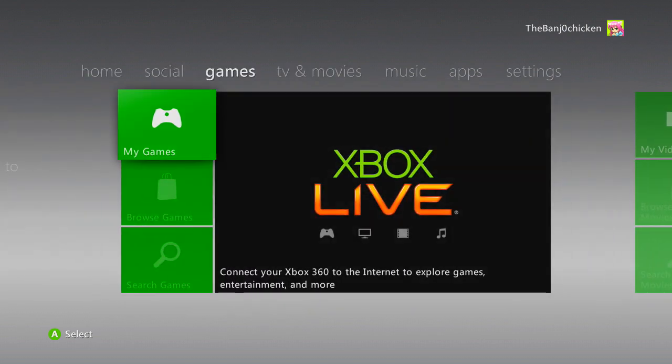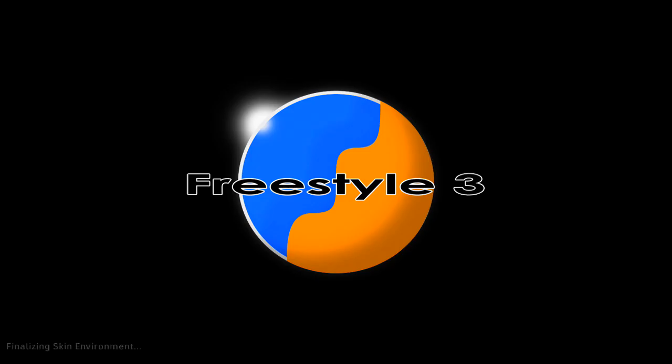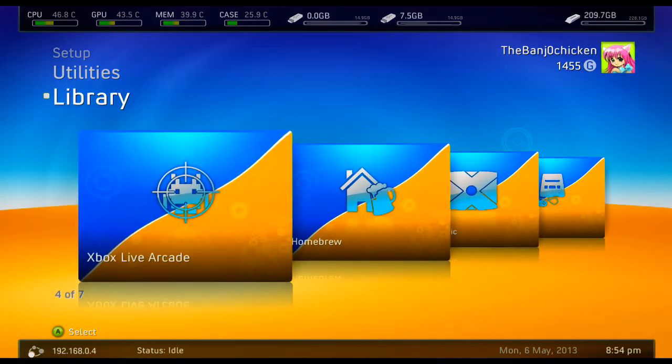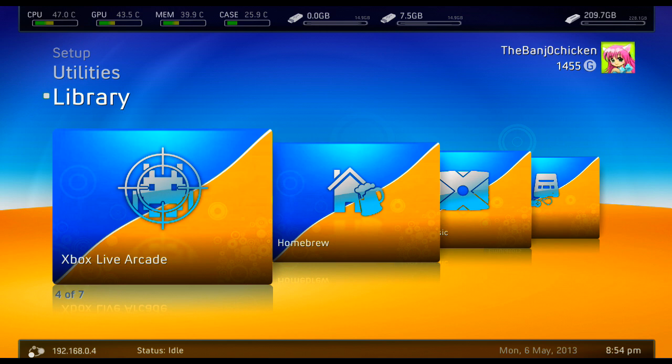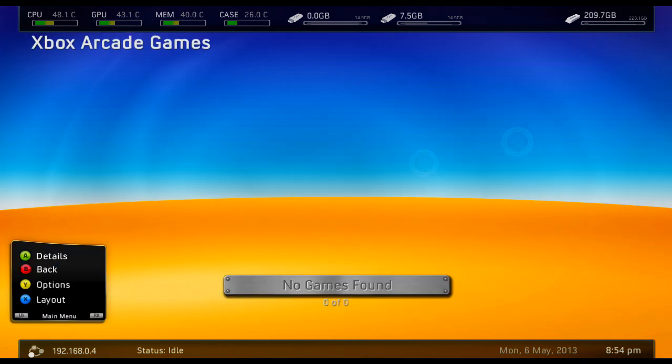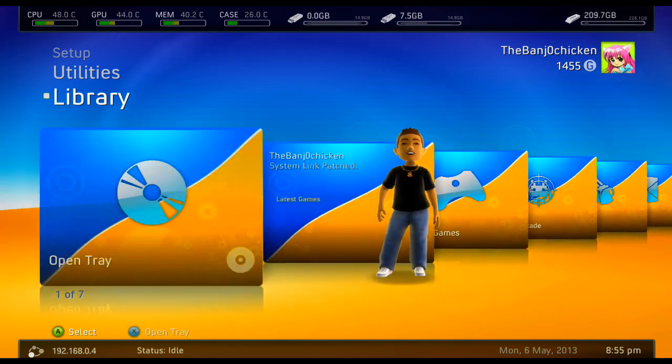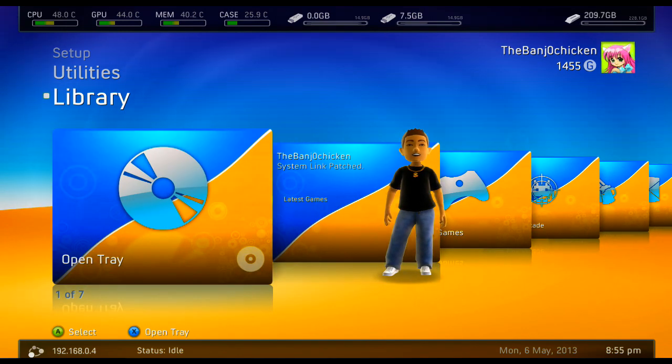We have to go back to the normal dashboard. So I'm going to show you how to get it so that you can launch it within Freestyle Dash, because if you've been following Jtag tutorials since episode 3, you'll know we've installed Dash Launch, so every time the console turns on, we go straight into Freestyle Dash. And the problem is it's not showing up in Xbox Live Arcade games, so instead of having to go back to the normal dashboard every time you want to launch an indie or arcade game,